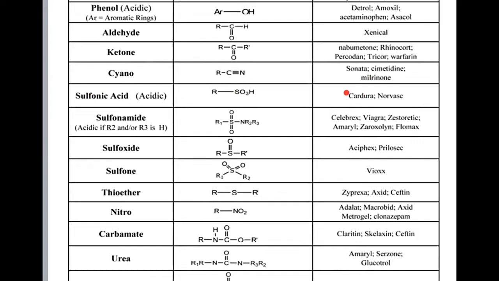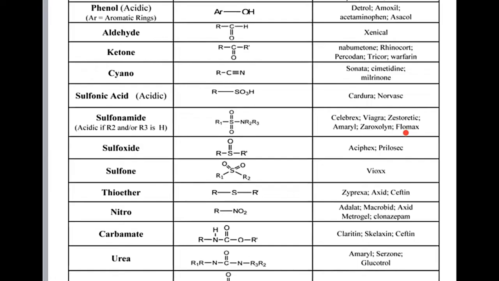cimetidine, melerinone. Sulfonic acid, which is RSO3H, like Cardura and Norvasc. Sulfonamides. Sulfonamide here is acidic if R2 and or R3 is H, if it is a secondary or primary amine, it will be more acidic, but a tertiary amine will be more basic. Sulfonamides, as you see, are like Celebrex, Viagra, Zistro, Retic, Amaryl,